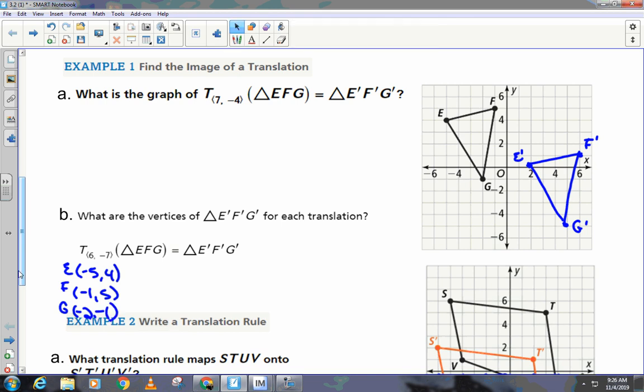Okay? Now, let's say we didn't want to graph it, right? We could apply this vector to each one of these points. And so if this right here is positive, that means I would add 6 to the x, and then this is negative, I would subtract 7 from the y. And then I would do that with each one, and then I wouldn't have to graph it, okay? So that means that E prime then would be 1, negative 3,